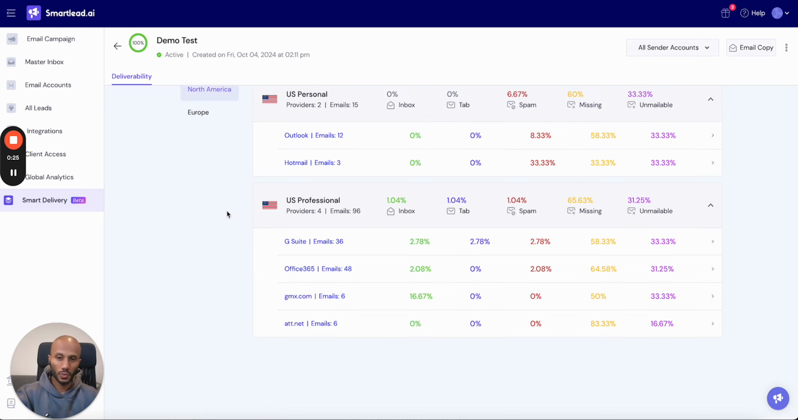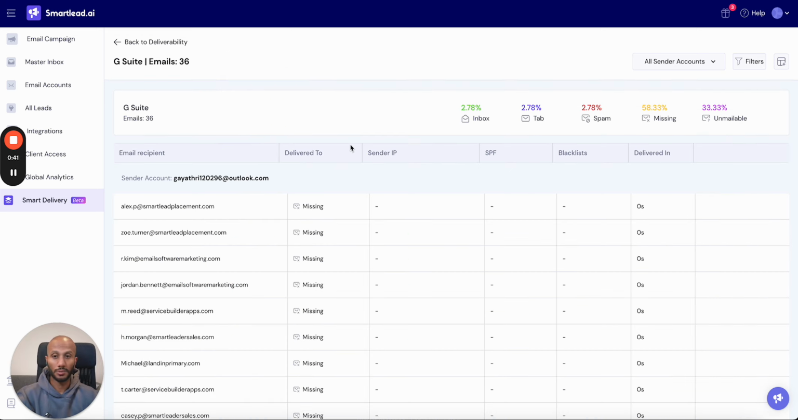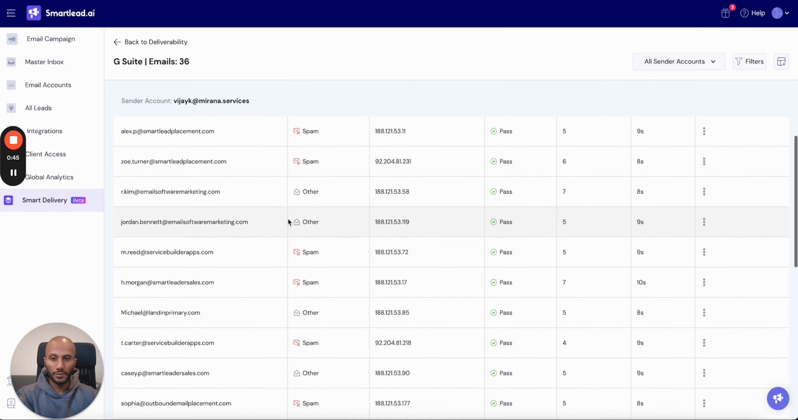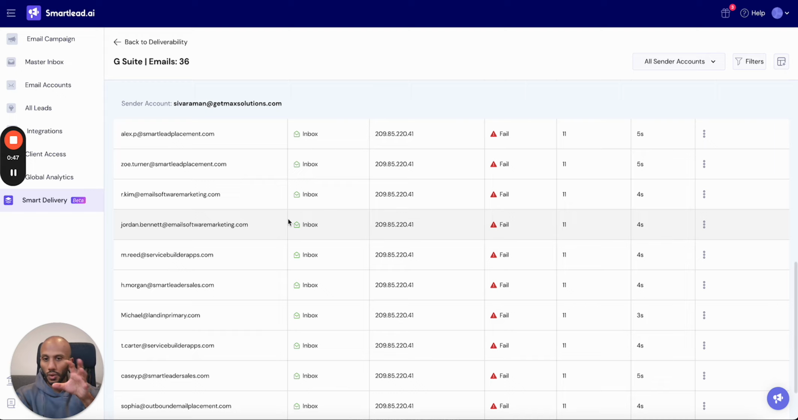Alternatively, over here as well, if you're just sending to B2B because you're just doing enterprise B2B, then you want to focus on the professional domains, which is G Suite and Outlook for the most part, right? So let's take an example where I'm going to click onto this G Suite email account, which means we've got a bunch of Gmail accounts. You can see that over here, and you can see for some of these, it's gone really, really deep for you,